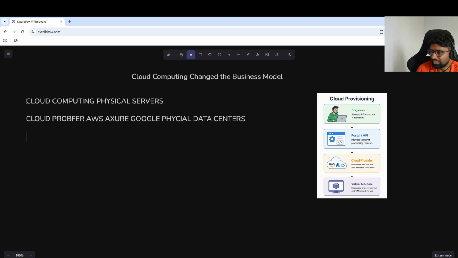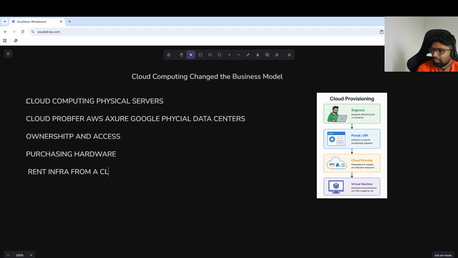The major difference is ownership and access. Instead of purchasing hardware myself, like I was doing, I can rent infrastructure from a cloud provider. It can be any cloud provider: Azure, AWS, Google Cloud, Oracle Cloud, VMware Cloud, or some other cloud.